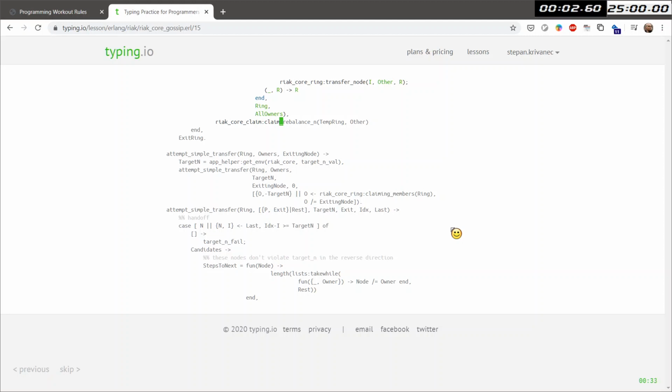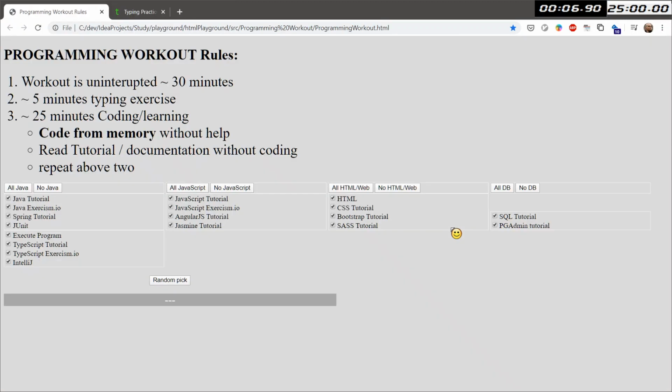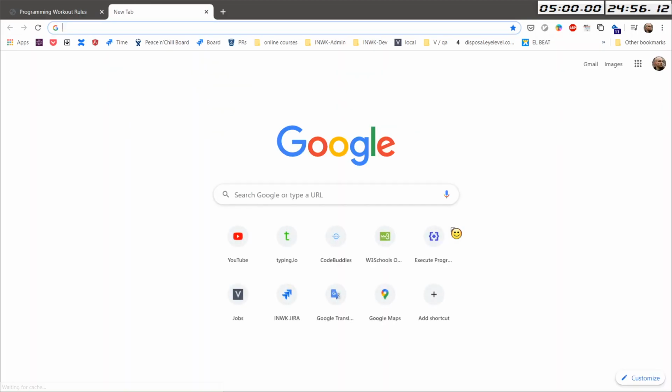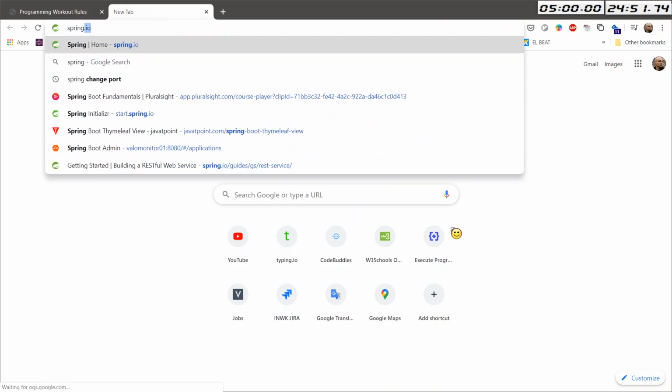And we are out of time. Okay, good. So I close this like so. Stop this timer. I'll start another one, and we will search for some good Spring tutorial. Because on the Spring IO, I don't like